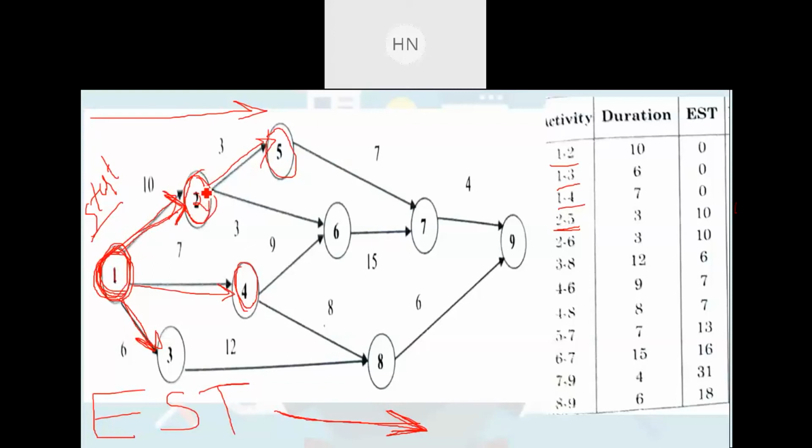इसका मतलब है 1 to 2 अगर खत्म होगी तभी 2 to 5 चालू हो सकेगी। तो उसका 1 to 2 का जो ड्यूरेशन कितना है? 10 डेज। तो 10 डेज के बाद ही ये 2 to 5 चालू हो सकेगी, कम से कम 10 डेज के बाद, राइट? तो यहाँ पे 10 दिन आएगा। उसके बाद एक्टिविटी है वो है 2 to 6। तो फिर से खोजना पड़ेगा 2 to 6 कहाँ है? ये 2 to 6, राइट? अब ये 2 to 6 चालू होने से पहले कौन सी एक्टिविटी खत्म होनी कंपलसरी है? That is same again 1 to 2, और 1 to 2 का ड्यूरेशन है 10 दिन, तो again यहाँ पे 10 दिन ही आएगा। उसके बाद है 3 to 8। तो 3 to 8 कहाँ पे है?